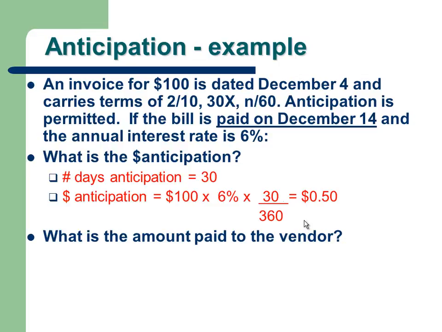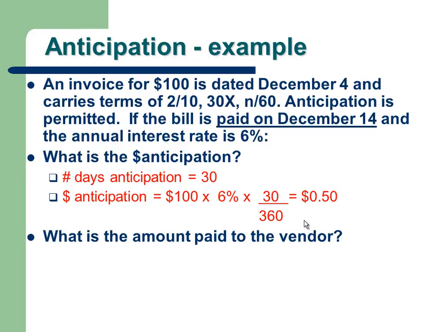All right, so let's take a look at the answer together. The number of days of anticipation, as I said before, will be 30 days, because there are 30 extra days for anticipation for the cash discount. So there's 40 days for the cash discount, but you pay the bill in 10 days from the invoice date, so you still have 30 more days that you could have just waited and put the money in the bank instead of paying the vendor, right? So that is the number of days of anticipation.